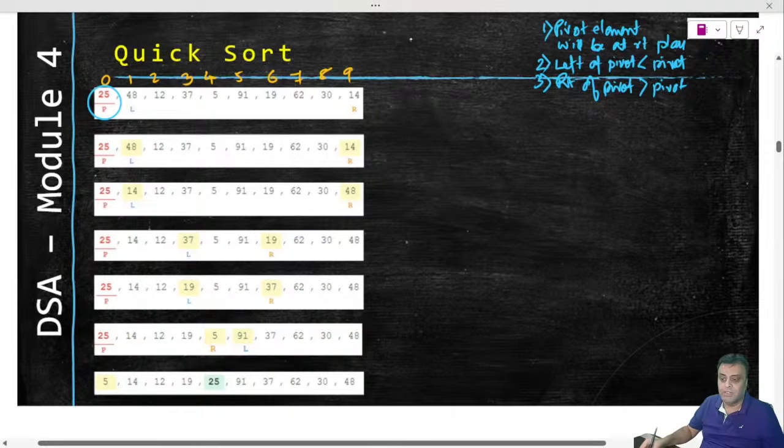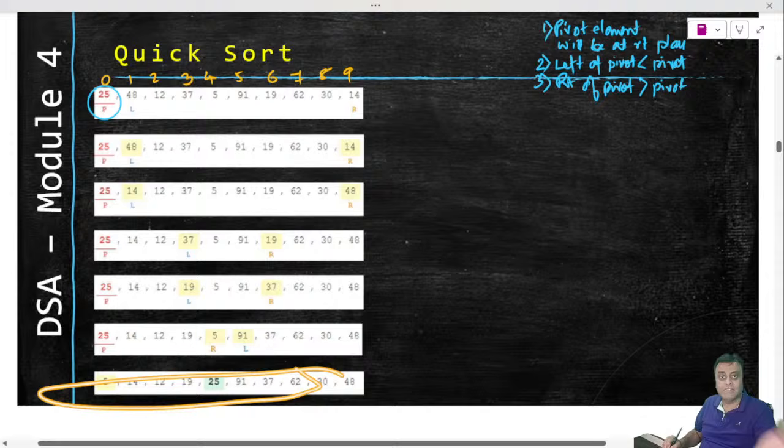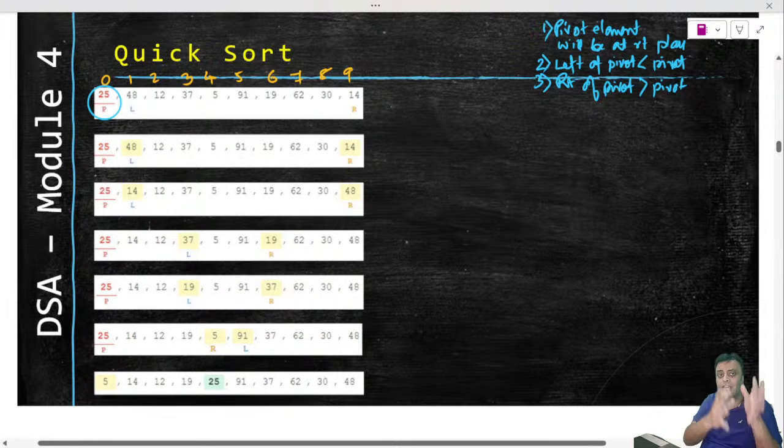Now how do you choose a pivot? Can I choose a pivot here? Yes, you can. Can I choose a pivot here? Yes, you can. There is no hard and fast rule where you want to choose the pivot. It doesn't matter where you are choosing the pivot. All it means is that wherever you choose the pivot, if 91 is the pivot, then at the end 91 should be in the correct position. All elements to the left of 91 should be less than 91. All elements to the right of 91 should be greater than 91. That's the only requirement. You choose the pivot wherever you want. Your logic will drive the pivot. Whatever you have chosen, your logic will drive that pivot to the correct position. That's what quicksort is, right?